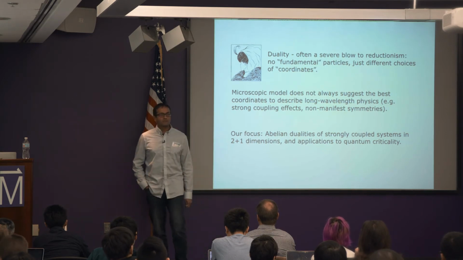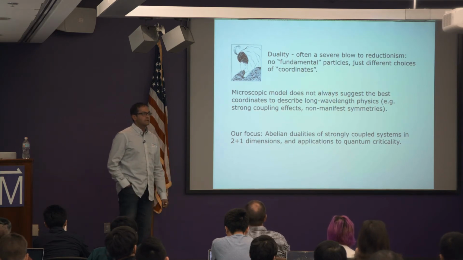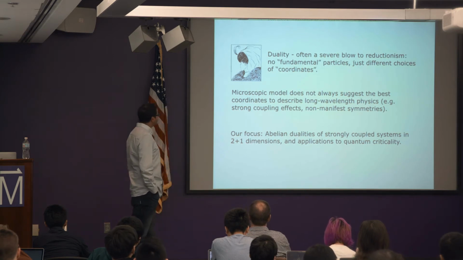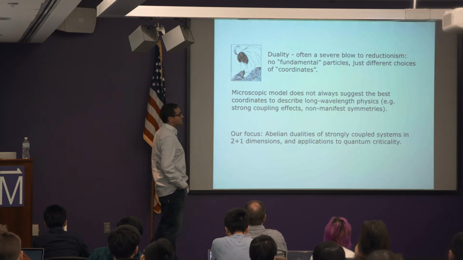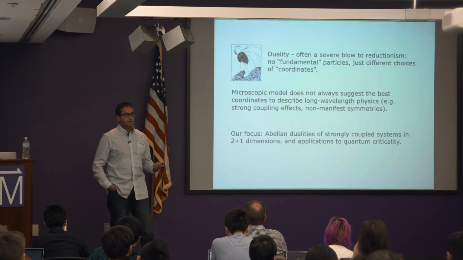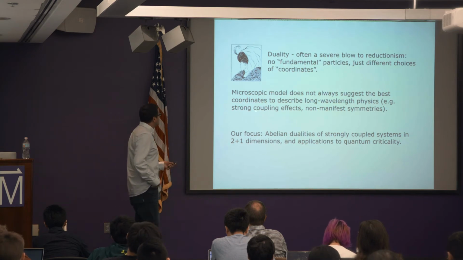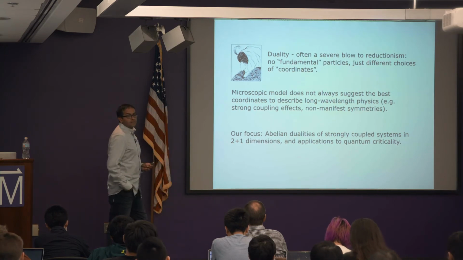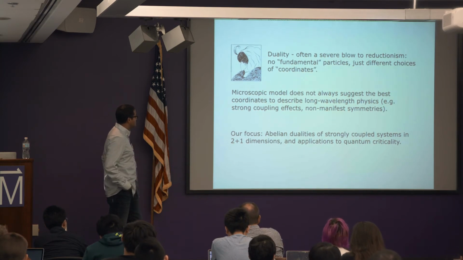Another important take-home lesson from this is that the microscopic model doesn't always suggest what the best coordinates are. And that's an important lesson to take into mind. I think Andy crucially emphasized this in his talks. So if you're interested in long wavelength, low energy physics, you start with some microscopic model of electrons, say, if you're thinking of the quantum Hall effect, electrons in a big magnetic field with disorder, Coulomb interactions. It seems like a hopeless problem, but maybe you can work in a different set of coordinates where things look simpler. Okay? So with that general preamble,